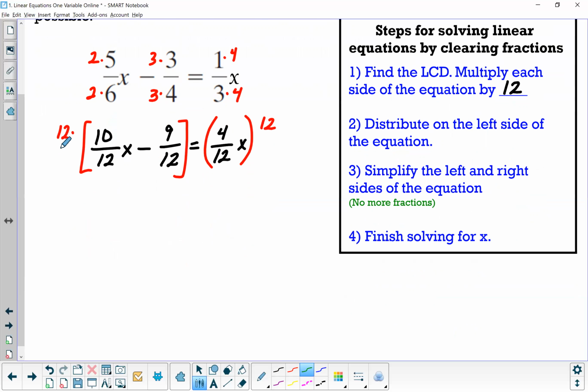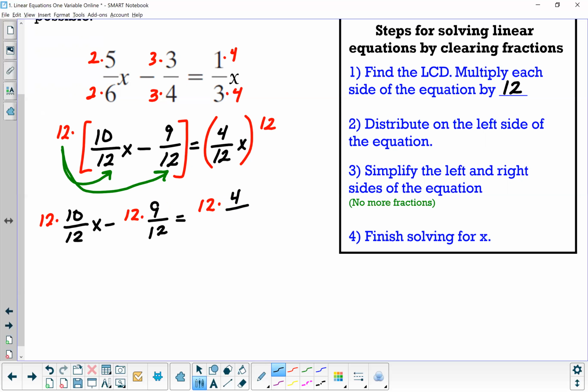So when I multiply by 12, I want to be sure that I distribute the 12 to the 10/12 x and the minus 9/12. So essentially, that gives me 12 times 10 over 12x minus 12 times 9 over 12 equals 12 times